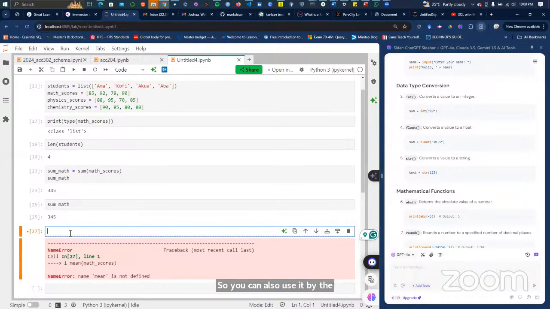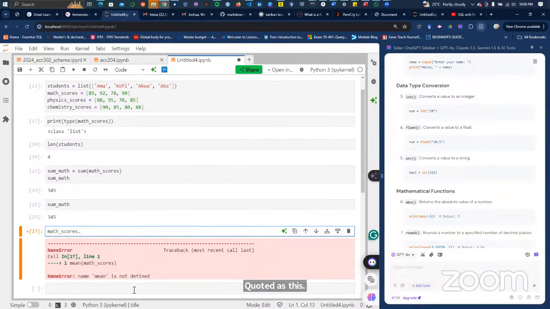In other words, if the object math underscore scores, which is a list object, so if generally list objects have the method of calculating mean, then it will be coded as this: math scores dot mean.